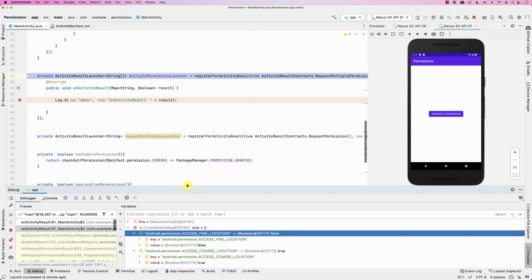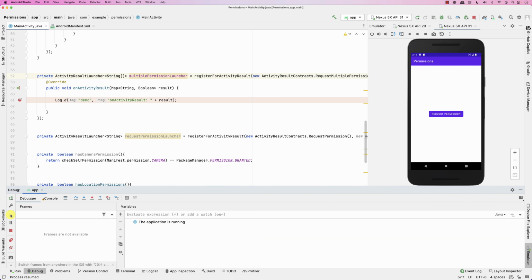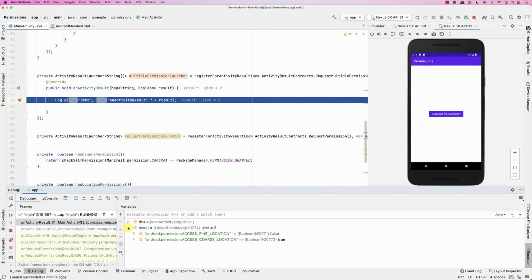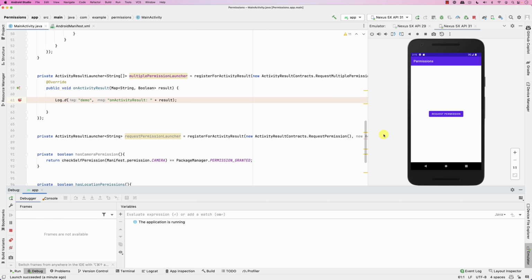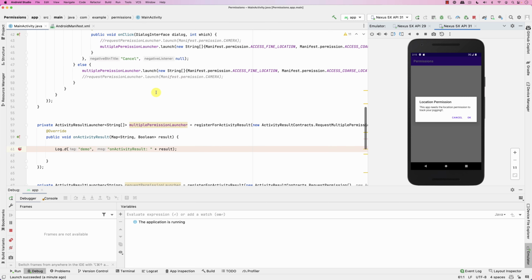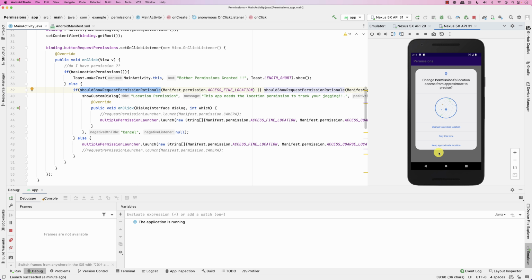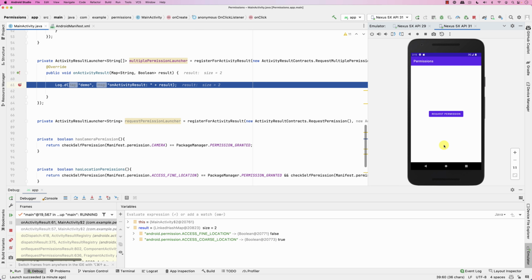So now we go back and I will run the app. I click on request permission again, and you see because both of them are not allowed, now it's only showing that the precise. So change to precise or keep the approximate location. So I'll say keep the approximate location. It takes me back here. You see here? Now we'll run it again. All right, so here we are. Now you see the show request rationale is showing. Click OK, and also I would like to keep the approximate location. All right. Now when I click on request again,